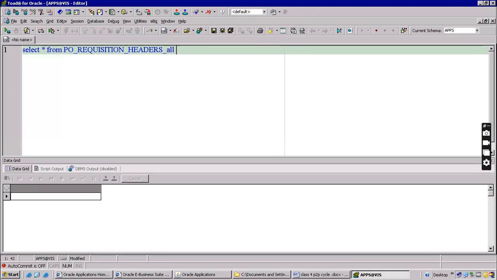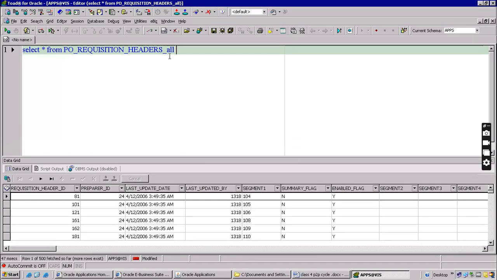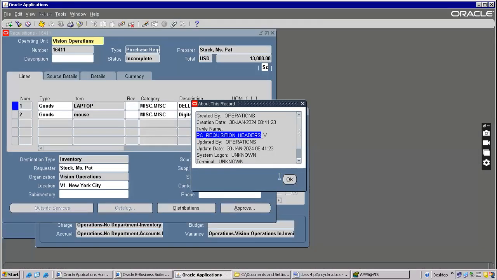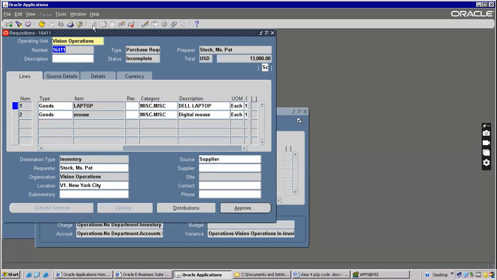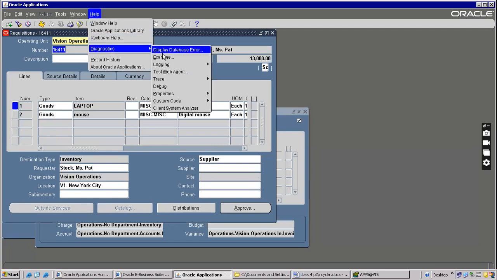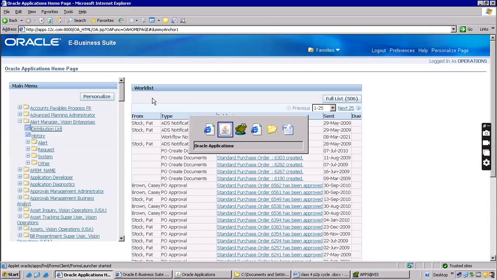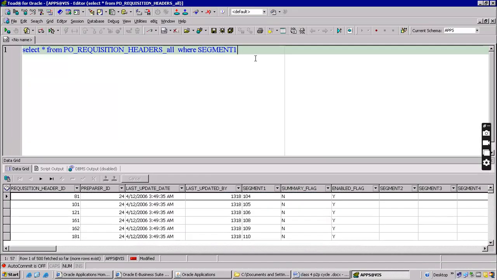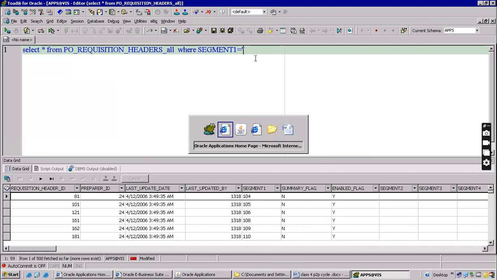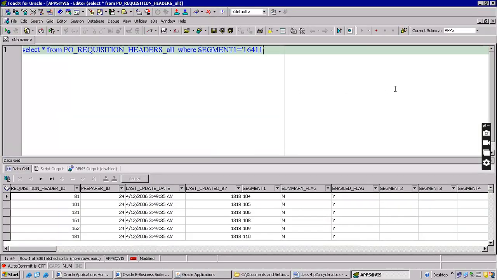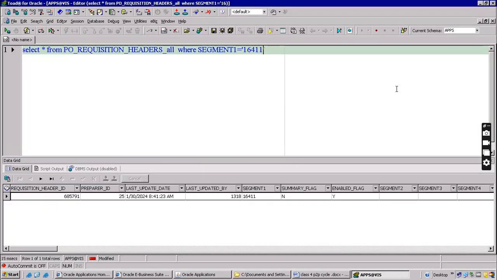Or control enter, where this number is available in a column that is segment 1, equivalent to the record.